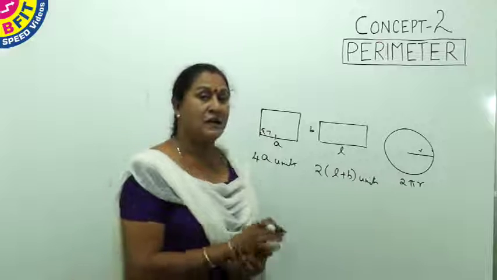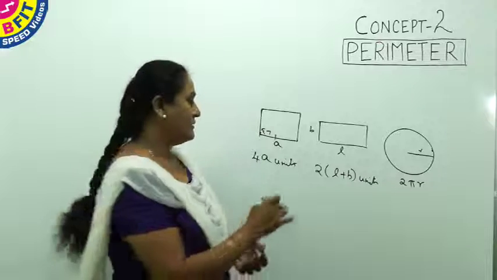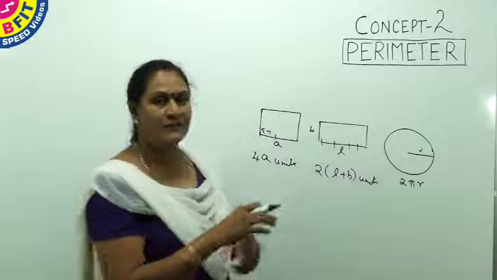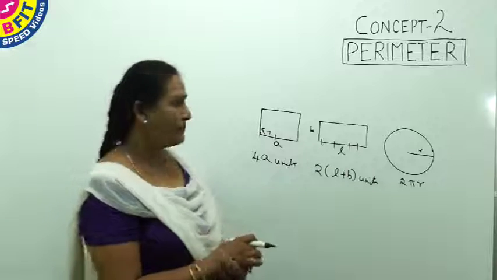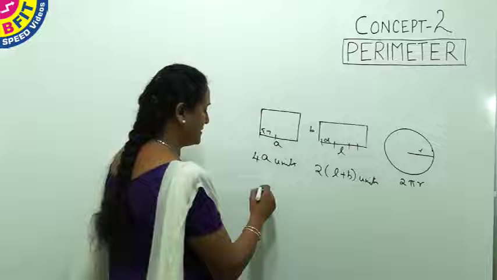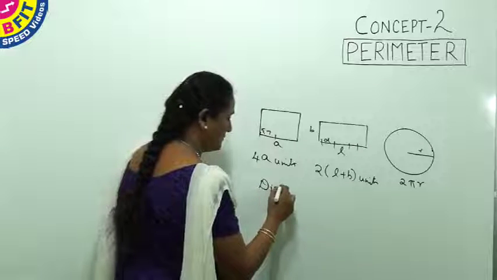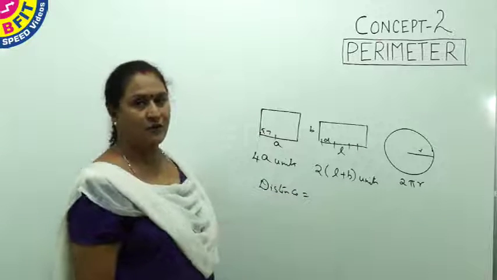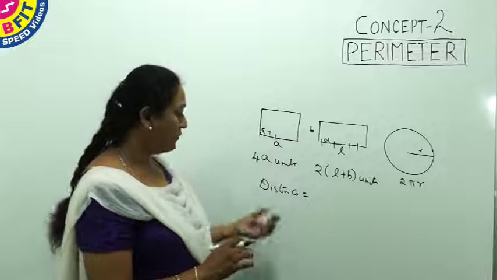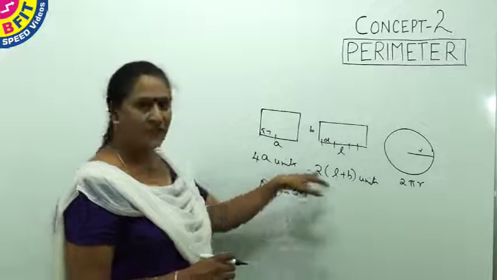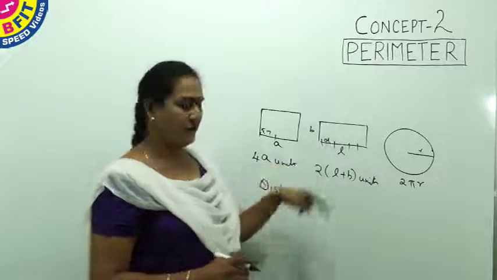And sometimes the number of poles is asked. Say we are planting poles to fence the rectangular field and the distance between the poles is given. Say the distance is given. And now how to find the number of poles, or if the number of poles is given, how to find the distance between the poles. So for this, find the perimeter, that is the full length,